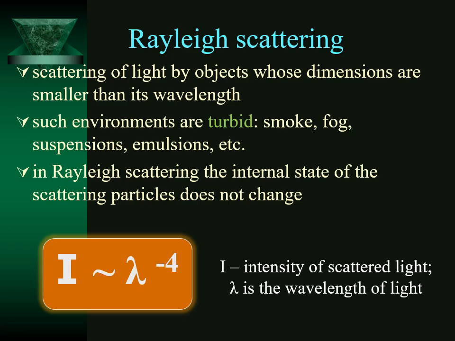The intensity of the scattered light, here it is this value, according to Rayleigh, is inversely proportional to the fourth power of the wavelength. Well, that is, you can write lambda to the minus fourth degree, or you can write one divided by lambda to the fourth. Here it is a significant difference in the scattering of red and blue light sources, or light rays.